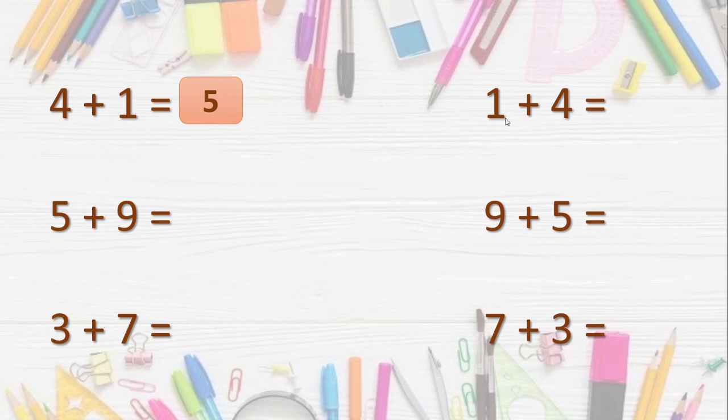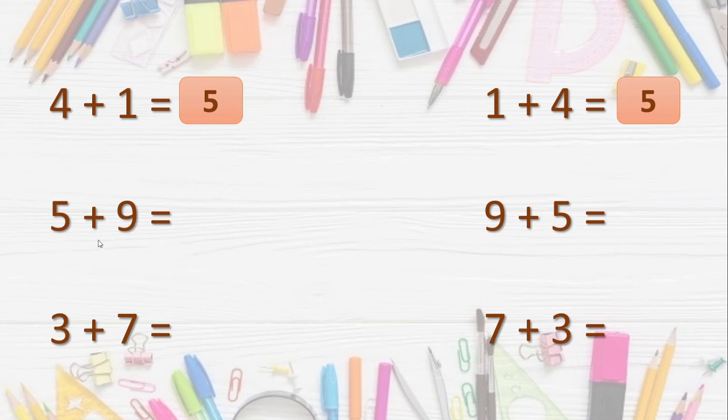What is the answer? You know. No need to count here. 4 plus 1 and 1 plus 4 will get the same answer, that is 5. If you do the addition of one sum, the second sum will also get the same answer when we change their order, isn't it? So we will not take effort in counting the same numbers in different orders. See here, 5 plus 9 and 9 plus 5. Yes, we are sure that both the sums will give us the same answer. So we will go for any one sum.